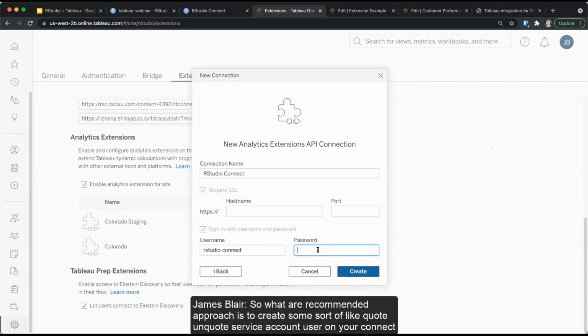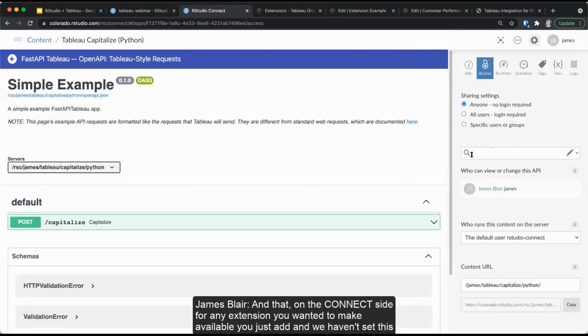So our recommended approach is to create some sort of quote unquote service account user on your Connect environment that's called Tableau or Tableau extensions or extension user or something to that effect. And so you would come in here after you create that user, you generate a key for that user and use that key here. And then on the Connect side, for any extension you wanted to make available, you would